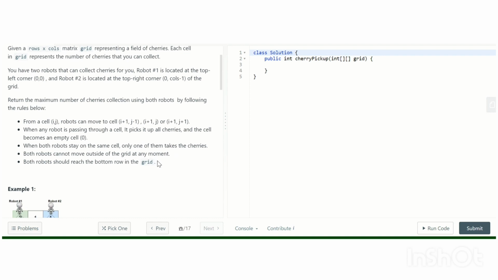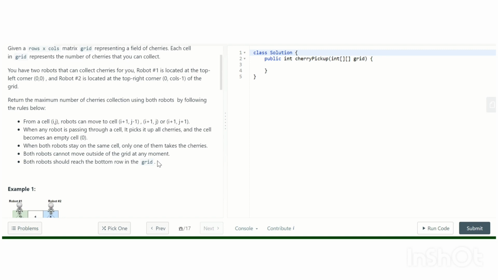We need to collect the maximum number of cherries by these two robots, and if both robots go into the same cell, only one of them can collect the cherries. So how are we going to solve this problem?